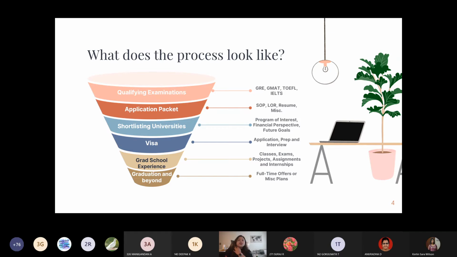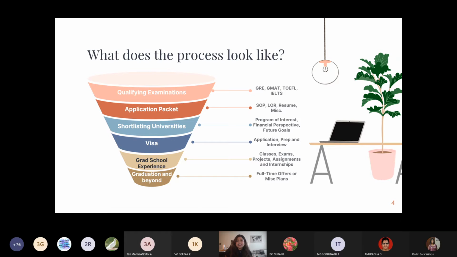I do gather that you've been having sessions previously that covered a bit of these things like GRE and SOPs and LORs. These are some of the things that Annapurni covered in her session as well. So I'm not going to be repetitive. I'm just going to give you the pro tips that I felt were useful when I applied for my master's, because I'm pretty sure you would know a lot of this from your previous sessions.